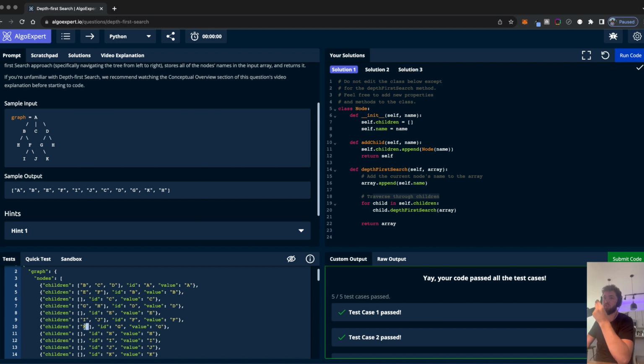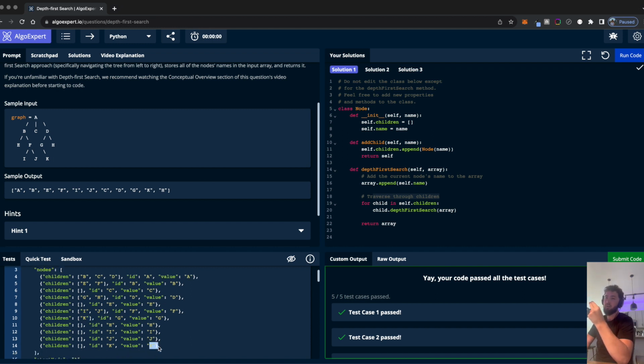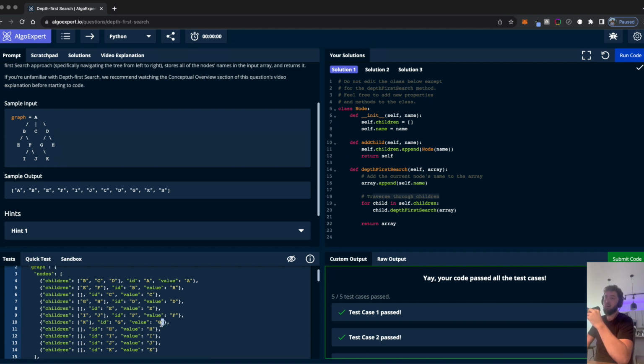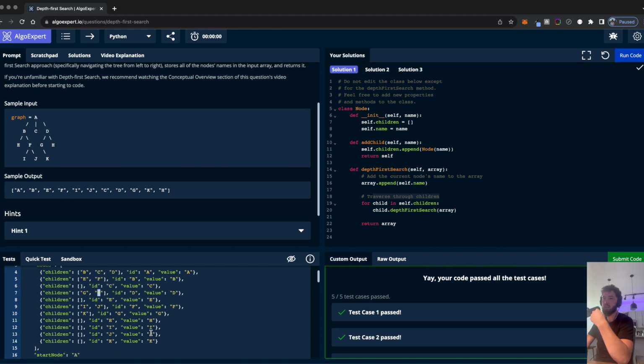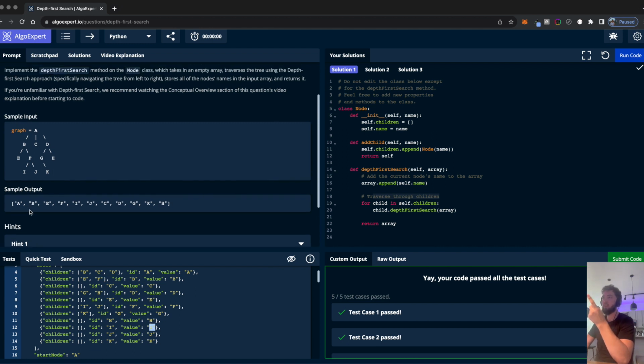G does have children, so go to K, append it. K doesn't have children, so go back up. There's no more extra nodes, so then go back to G. And then back up to this part, go to H finally, append it, check if H has any children. Boom, it doesn't. And I think that's how we get our outcome here, by going through it all.